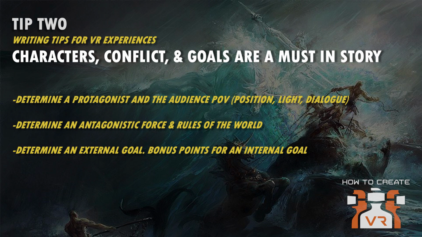Now, this antagonistic force may come in the form of a character who is opposing the protagonist. This antagonistic force may come in the form of some sort of weather event, like a tornado or a cyclone, or some sort of force that is keeping the protagonist from getting where they need to go on their journey. There's a great number of different antagonistic forces that we can employ in a VR experience in order to set up conflict for whoever's acting as the protagonist, be that the participant in the experience or be a third party that we're observing.